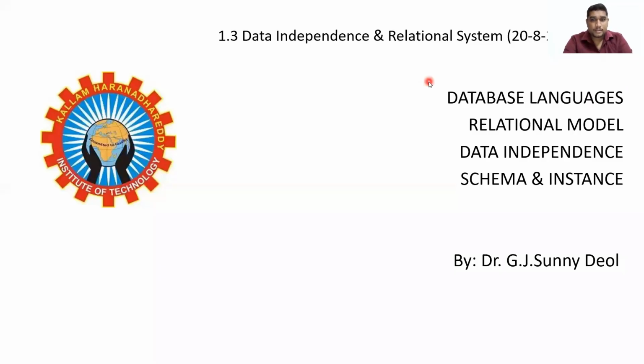Good morning, students. In the last class, we discussed database languages, how many languages are available, and what the various types are. And we discussed the relational model, that is, what the various components available in the relational model are, and a little information regarding data independence, that is, how one layer is implemented with another layer, the interaction between two layers, right? That is called the logical and physical layer.